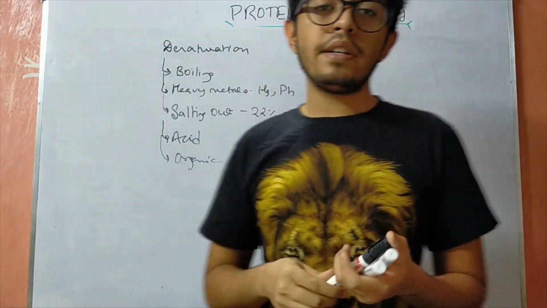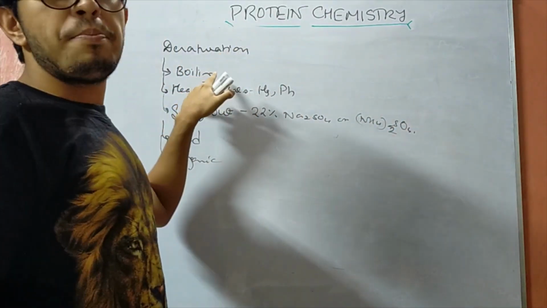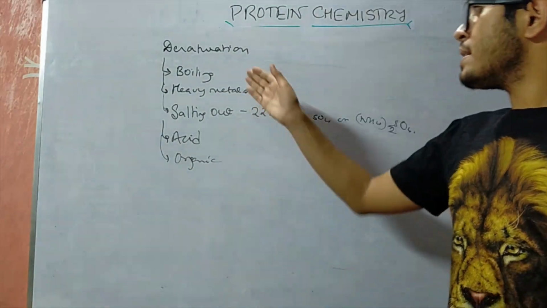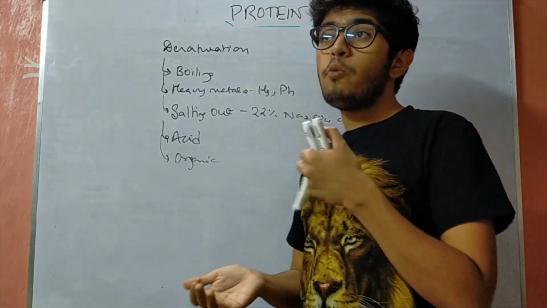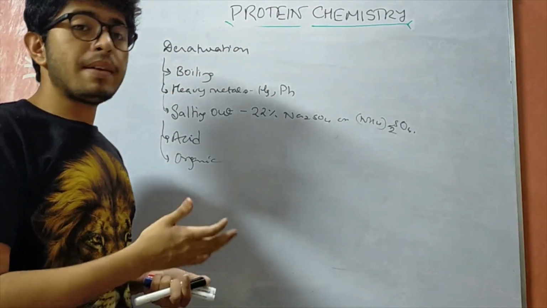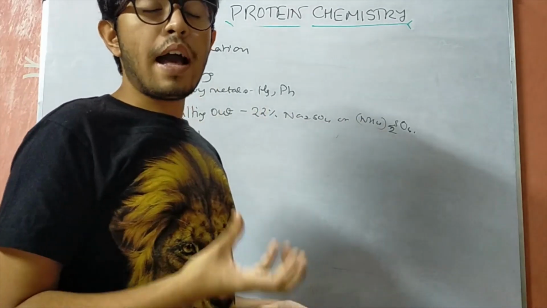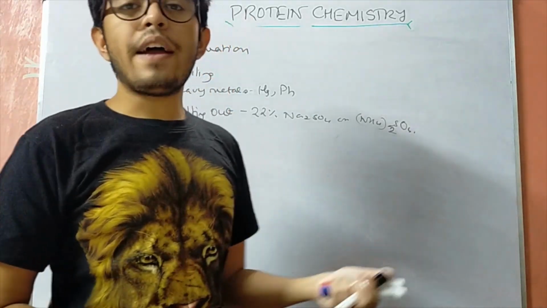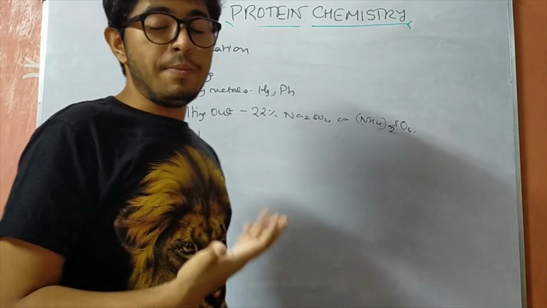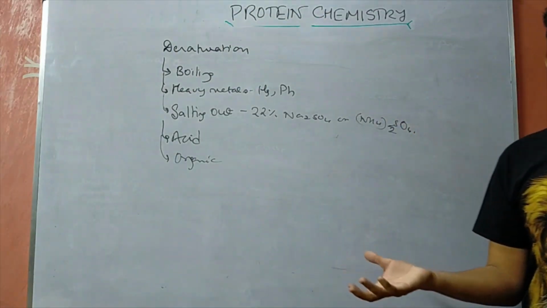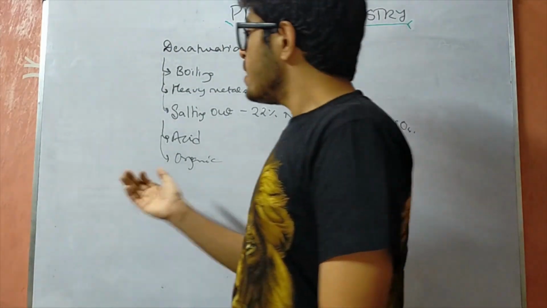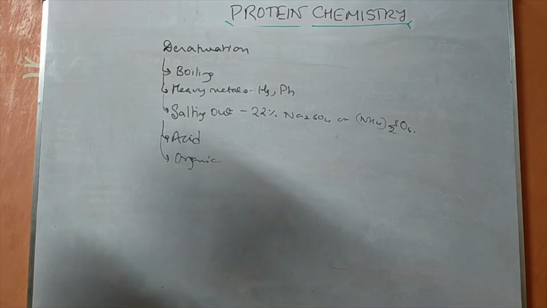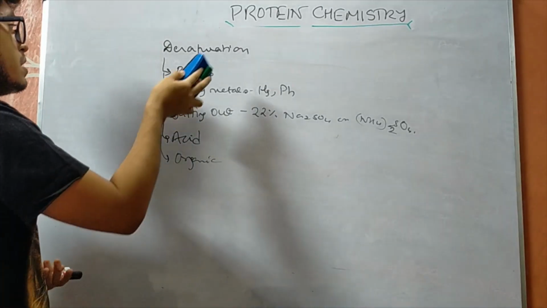And boiling is one of the best examples which we see most commonly in everyday life. That is boiling denaturation, which takes place when we boil an egg. When an egg is boiled, the albumin protein present in it gets coagulated. Whatever we make, be it an omelette or a fried egg, it's basically nothing but the coagulation of the protein molecules by the process of boiling. So this is what we have for the denaturation of proteins. And now the last thing which we have after the denaturation is